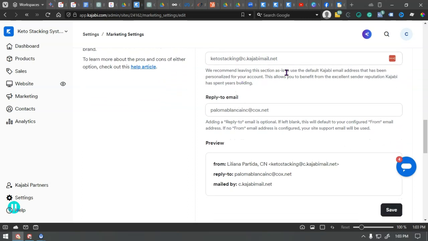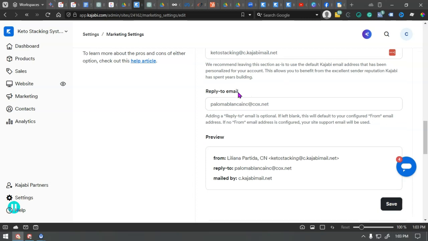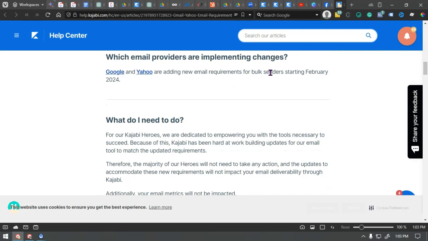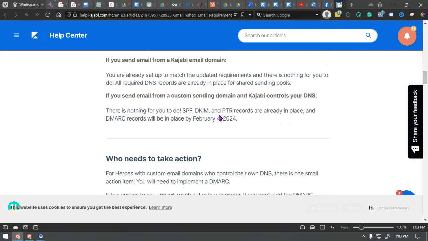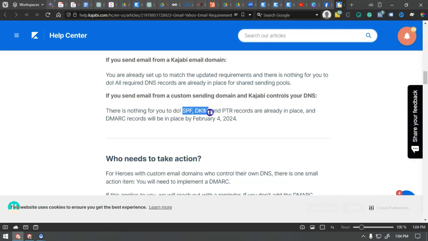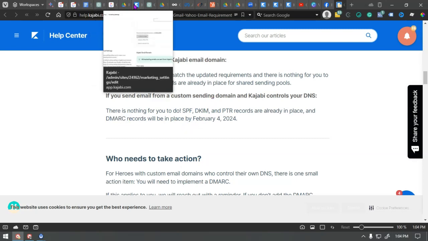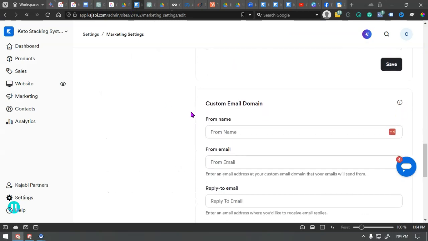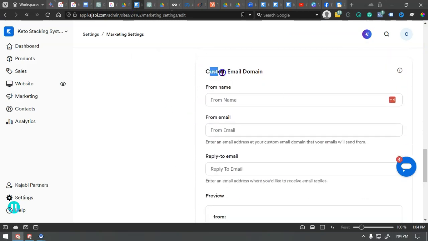Whether you're using email, Gmail or Yahoo, you don't have to worry, because they promise in their documentation that they will update or replace the DMARC and the DKIM themselves. This is information that helps avoid your emails being sent to spam by the receivers of your email. Unless you're using a custom email,